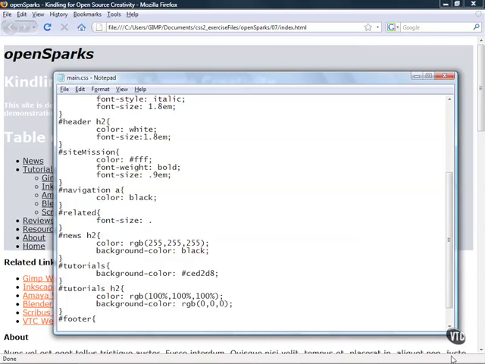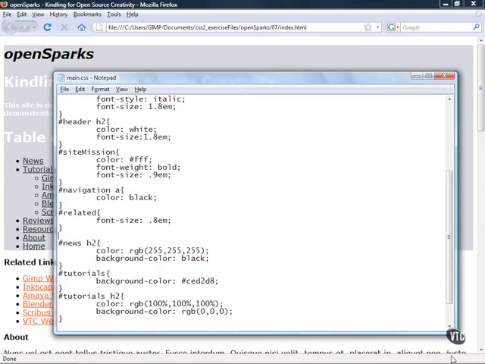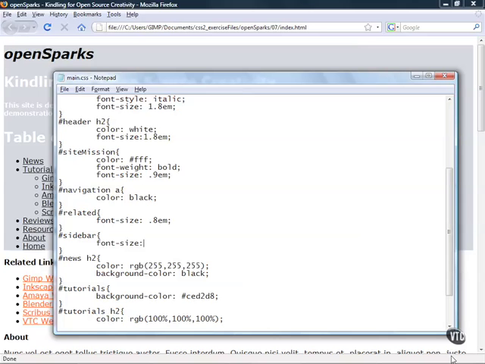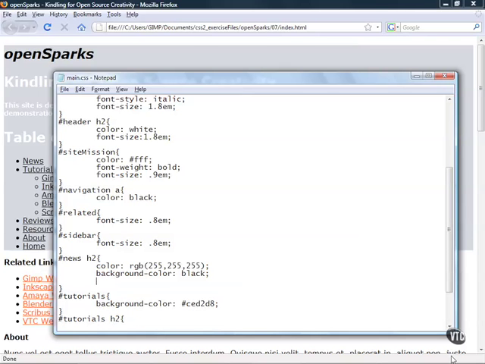And I'll make this a little bit smaller than the default base size. I'll set it to 0.8 em. Then immediately following our related, I'll go ahead and set up my sidebar rule, which is going to set our font size again to 0.8 em. And then I'll move down here to the news H2, and I'll change that to 2em,